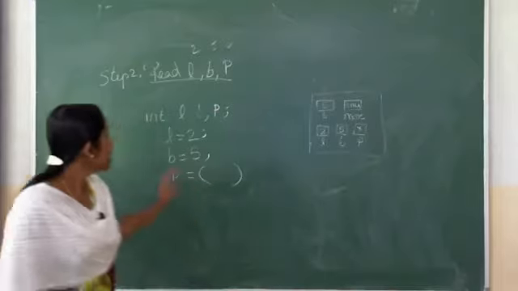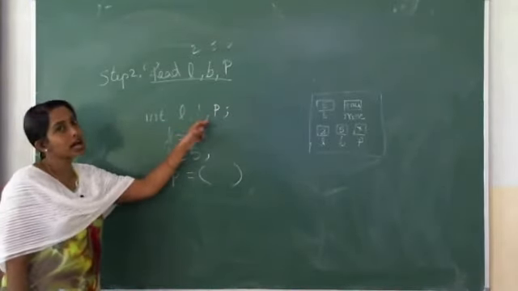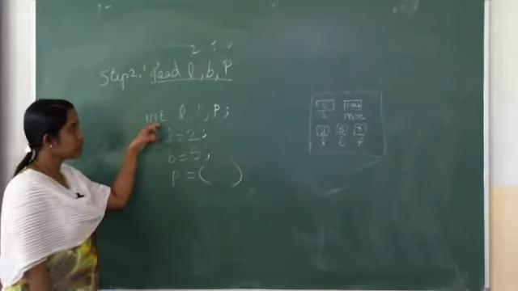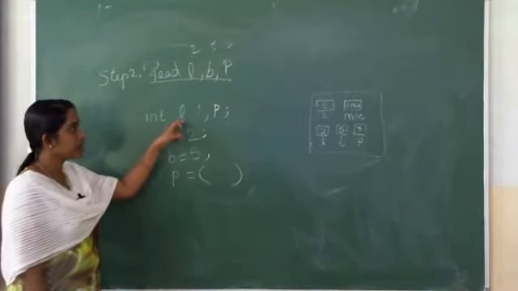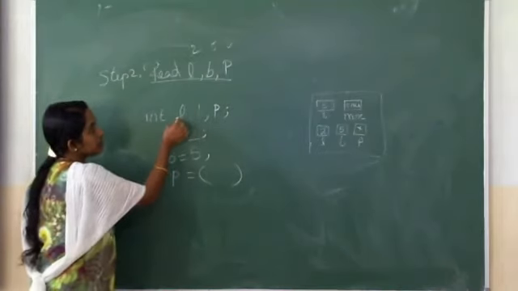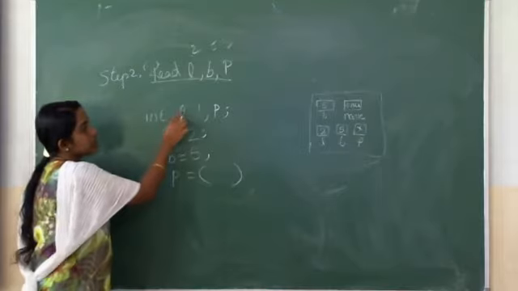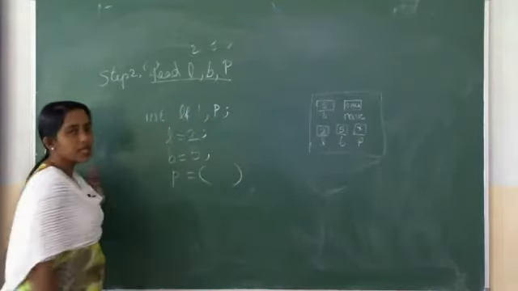So while giving the names here, that is L, B, P, these all are the identifiers, and this one is the data type. So while giving the identifiers, whether we can specify this one as a starting, whether we can give this underscore, or otherwise here we can use any other symbol.